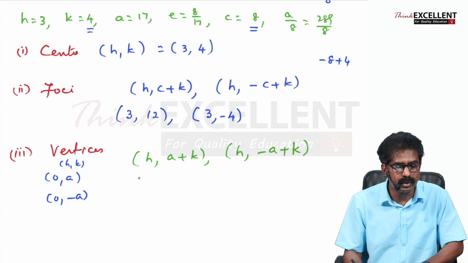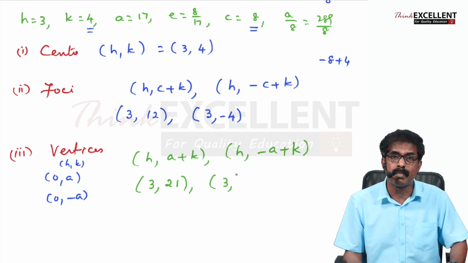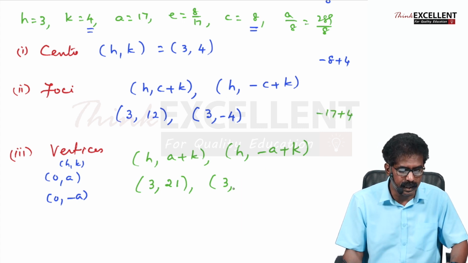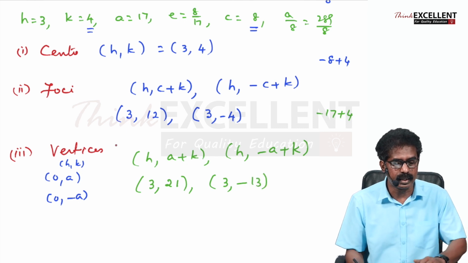So h value 3, a plus k. A value 17 plus k. So 17 plus 4, 21, right? So (3, 21). And the next one is h value 3, minus a. Minus a means minus 17. Minus 17 plus k value 4. So you are getting minus 13, right? So that is the other vertex. Next, what they asked,